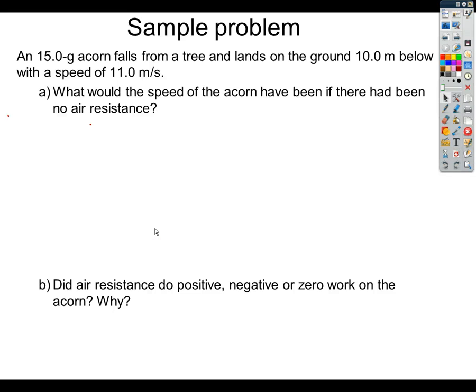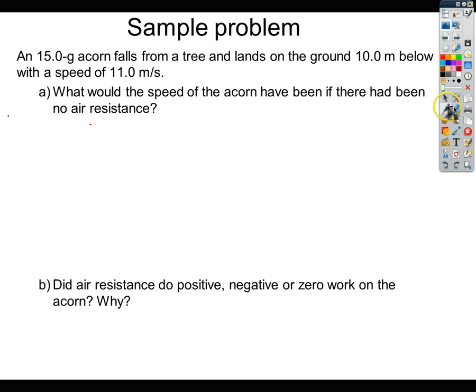This is a work and energy theorem problem, and it deals with an acorn that falls from a tree. It falls about 10 meters with a speed of 11 meters per second. So here's our acorn, here's the top of the acorn, the bottom of the acorn, and we know that when this acorn falls,